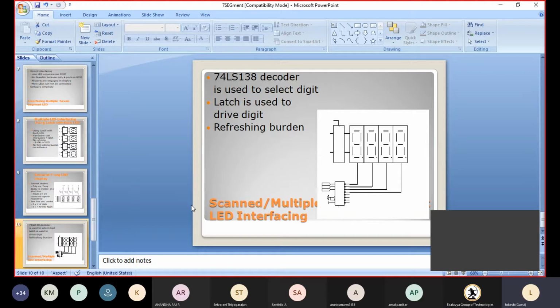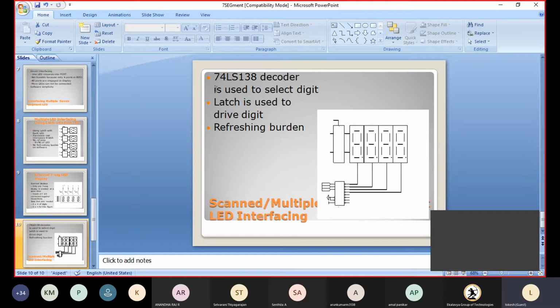The next one is using the 74LS138 decoder. By using the 74LS138 decoder, we can decrease the cost, decrease the refreshing burden, and decrease the hardware requirements.